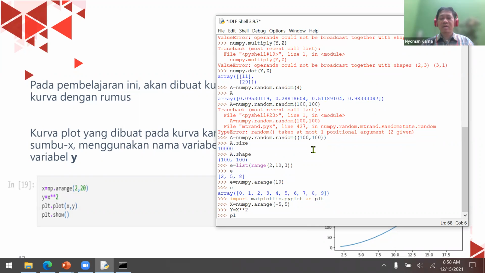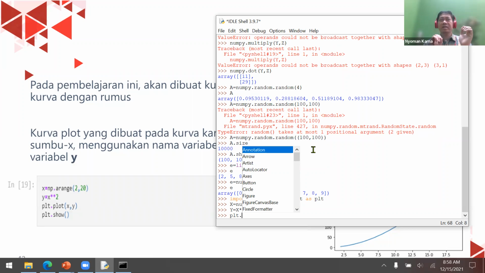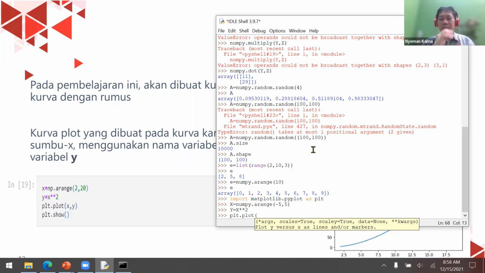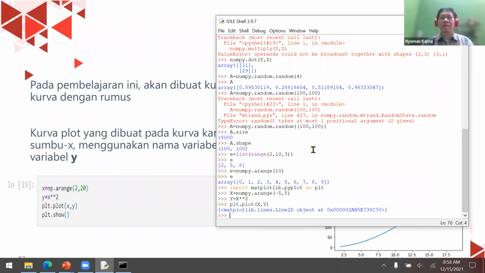Now, please plot this relation between x and y by using a specific method called plot. Plot x, comma y. Okay. Now, please show the plot.